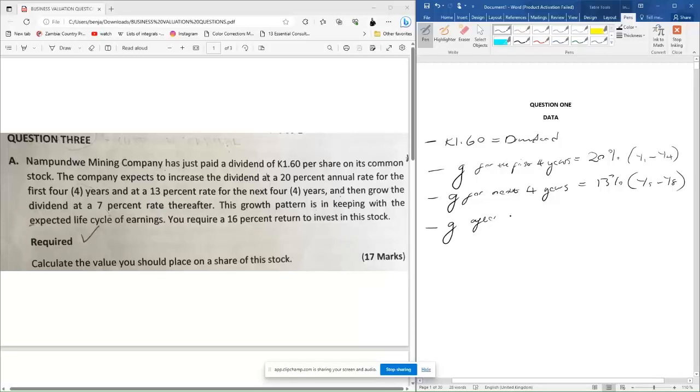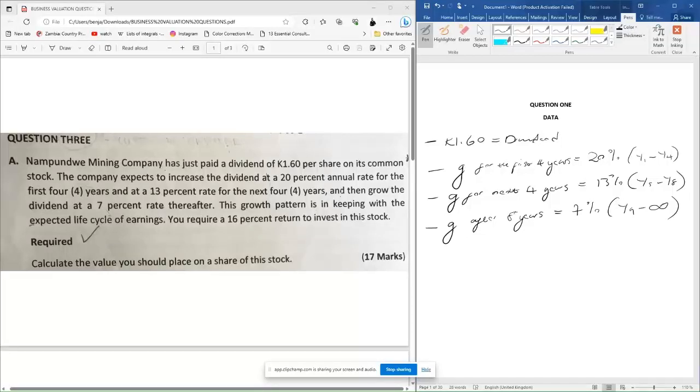So our G after the 8 years in total, so after 8 years, is going to be what? Here the question says, and then grow the dividend at a 7% rate thereafter. So after the first 4 years, the dividends are growing at 20%. The next 4 years, the dividend will be growing at 13%, and thereafter, the dividend will grow at 7%. Right? After the 8 years, the dividend will grow at 7%. This is from year 9 all the way to infinity, because we do not know when it's going to stop